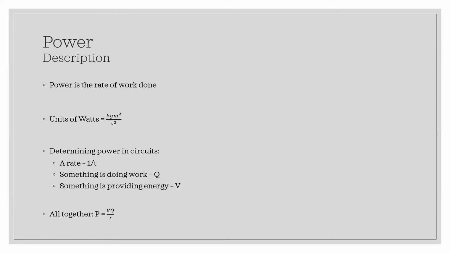And we also need to have something providing energy to our system. And in circuits, that's voltage. So we've got 3 factors now. We've got a rate value, 1 over t. We've got something doing work, Q, and we've got something providing energy, voltage. So we put that all together, we get power is equal to voltage times our charge over time,